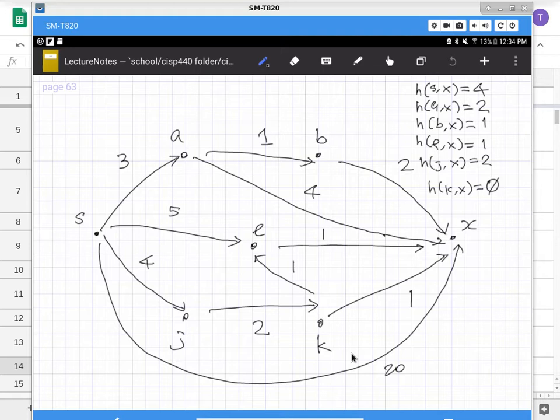A length of 5? Cannot be 5. I made a mistake somewhere. I think 6 is the shortest path, right? Yeah, 6 is the shortest path, so I somehow updated